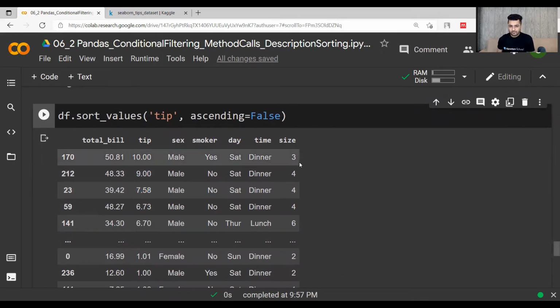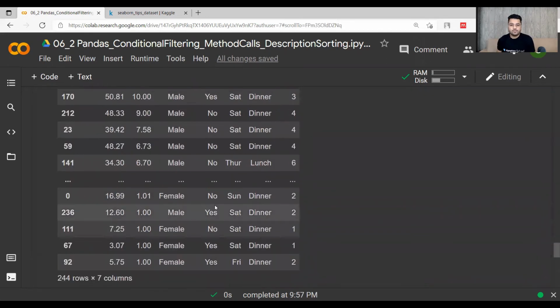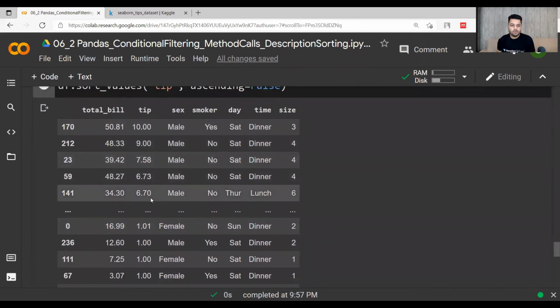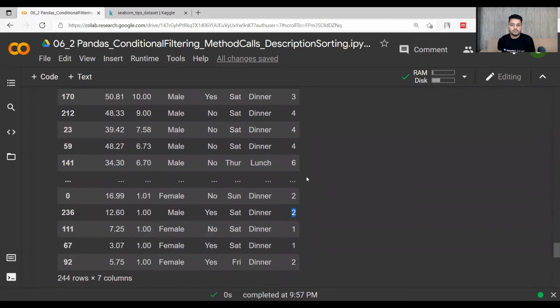And now let's say that you want to do it with two columns. Why two columns? In some cases, let's say this $1 tip is there, but the size of the table is 2112. So let's say that I want to get this sorted also, right? If I do it in a descending manner, it should be 2211 rather than 2112.